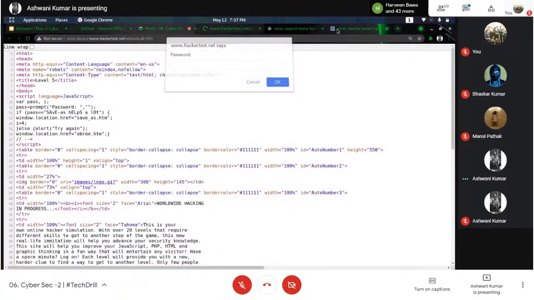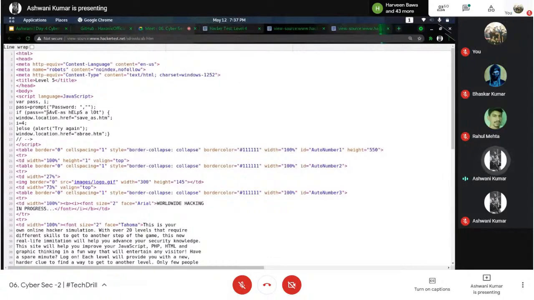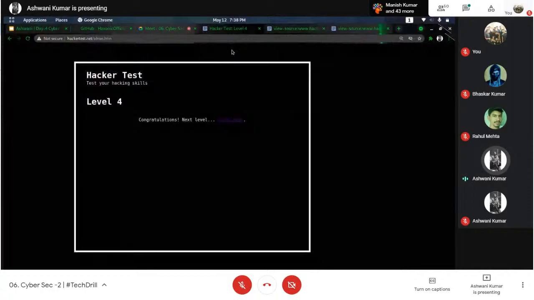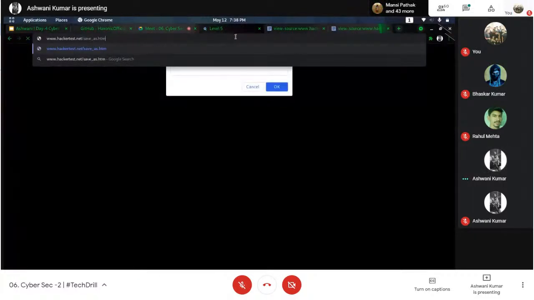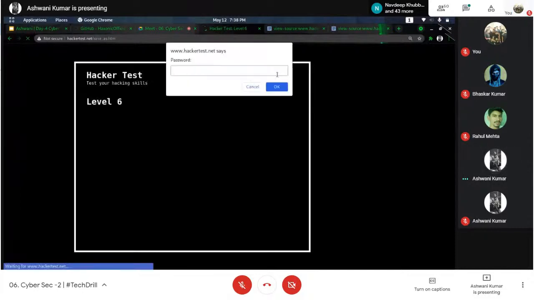Upon seeing this one, you simply have a password. It has already given you the file name, then the extension of the next one. Either you can just copy the password and paste it in the dialog box that appears, or you can simply change this one. Fine. So if I go, I'm here at level 6. You can do it both ways.